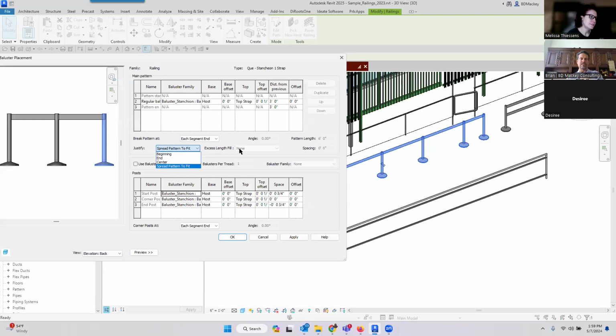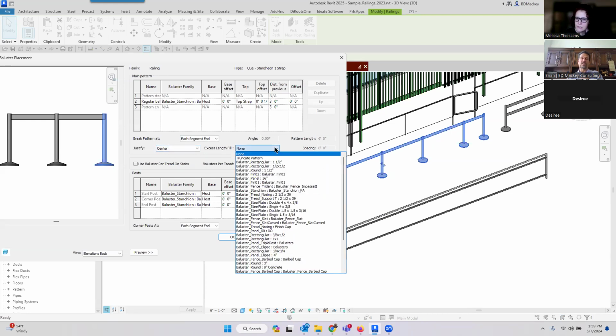But you also then have this excessive fill. So a lot of people don't understand. I have this as spread pattern to fit, so even though I'm saying 6 feet apart, these aren't exactly 6 feet apart. Normally, you're going to say, cool, I want to justify these patterns at the beginning, the center, or the end. And if you have these not as spread pattern to fit, you then get this excessive length